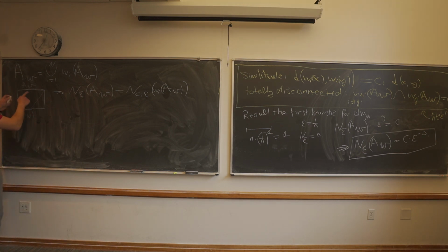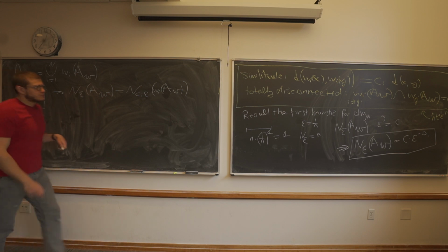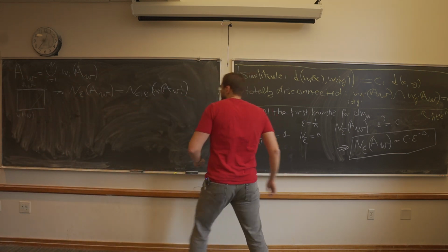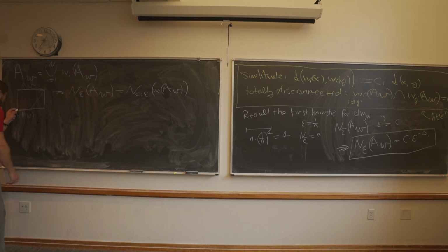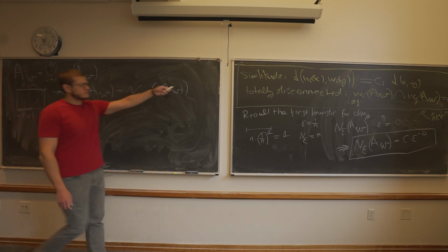Because I'm just taking a bunch of balls of radius epsilon here, and I'm applying w_i to each and every one of them, and ultimately I should get back balls again. This is part of the niceness assumptions. So that's one. And then the second thing is that, again, by niceness,